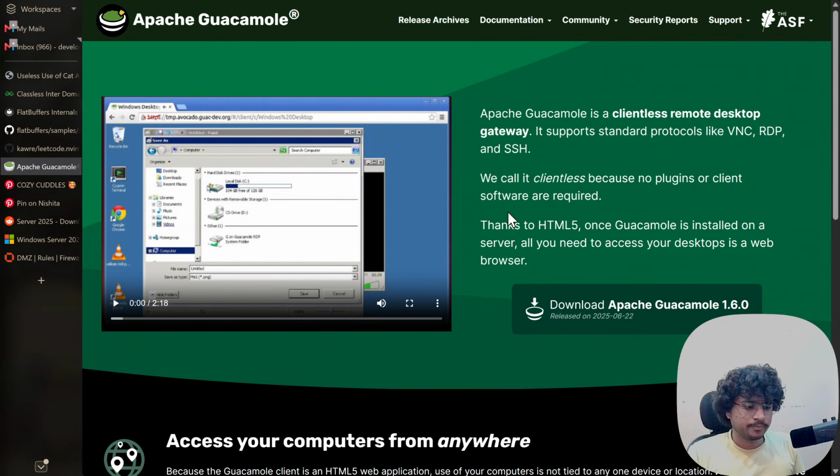So this WSO2 will send the request to Guacamole. Guacamole will spawn a virtual machine in the pool of virtual machines, and that virtual machine will be served to you live via Nginx. So that's the idea I have in my mind.